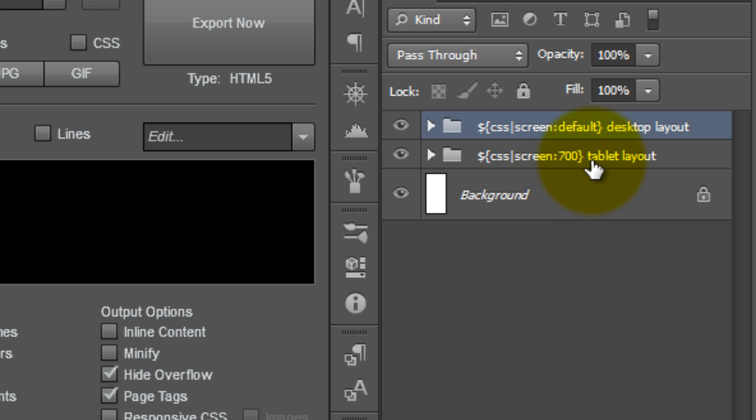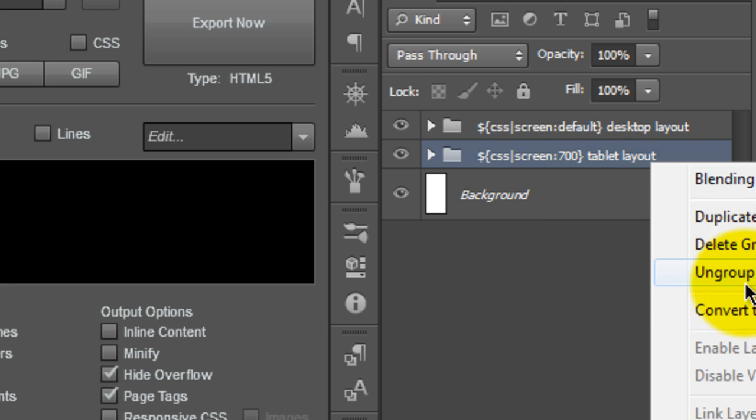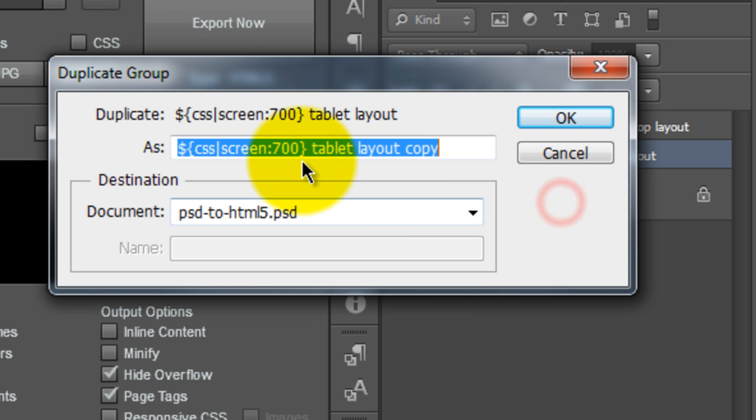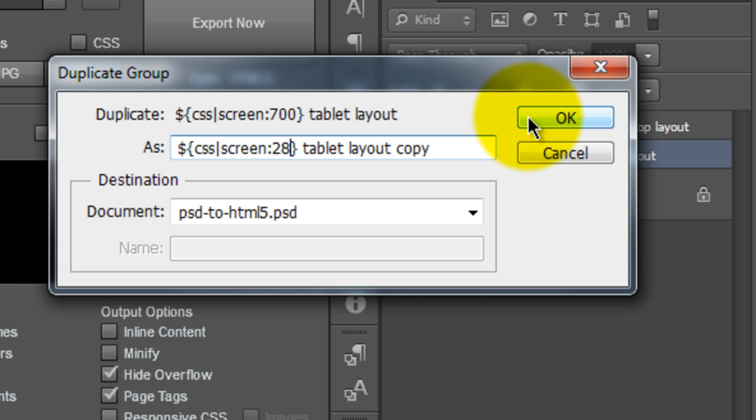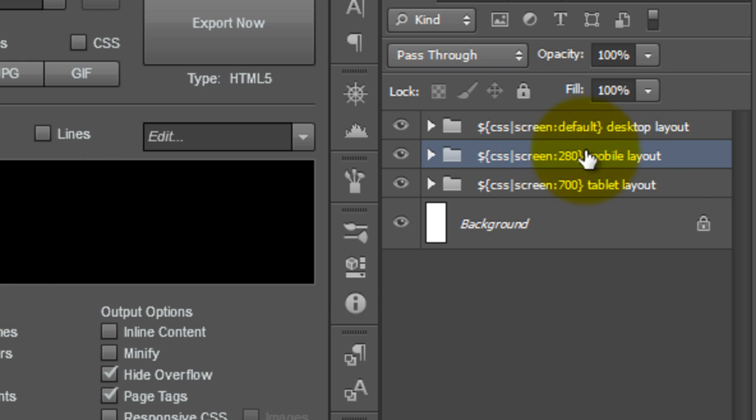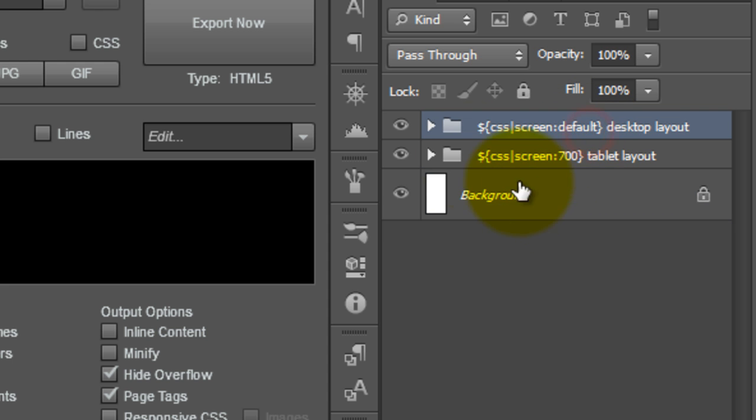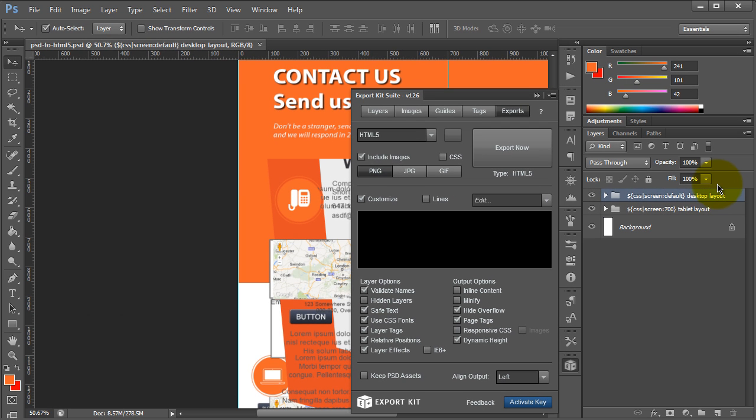Now respectively, if we wanted to create another mobile layout, let's just go ahead and do that just per se. So let's say this was targeting 280. What we would want to do is move this mobile layout under the tablet layout. This will ensure that each of your responsive designs and your target screens are rendered correctly. So let's just remove that mobile layout and let's save this. So again, we have to make sure that our desktop layout is the first folder, and then we respectively do each individual layout afterwards, going from top down. So the largest first, going down to our smallest. So if we were to re-export this again,